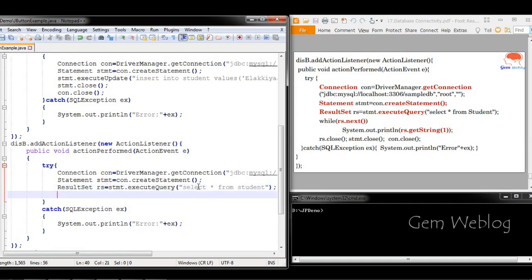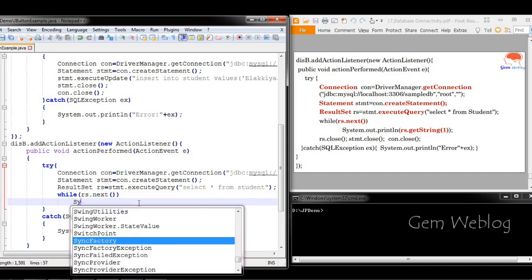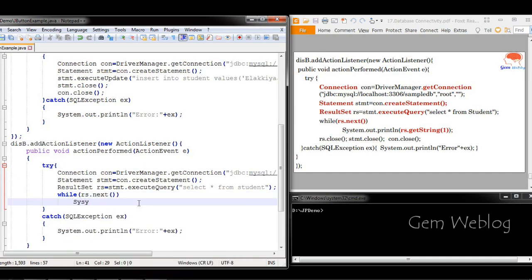Now you are going to retrieve the result that is available in rs. Since rs will contain more than one row, you have to retrieve them one by one, so we put it in a for loop. Next we'll retrieve each and every row one by one. Inside each row, more than one column will be available, so we can retrieve it using the index. So rs dot getString of the index value, which is given inside this, represents the column: 1 for first column, 2 for second column, 3 for third column. Since there is only one column here, we are retrieving that alone.